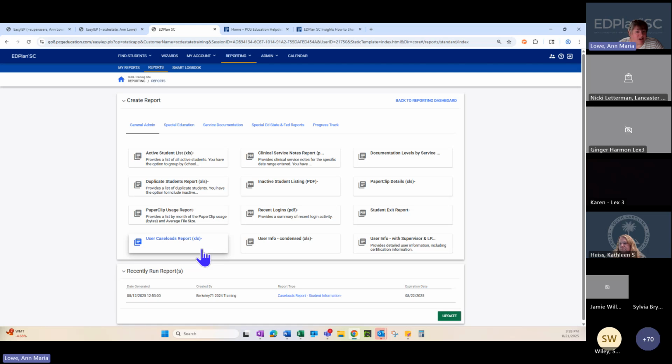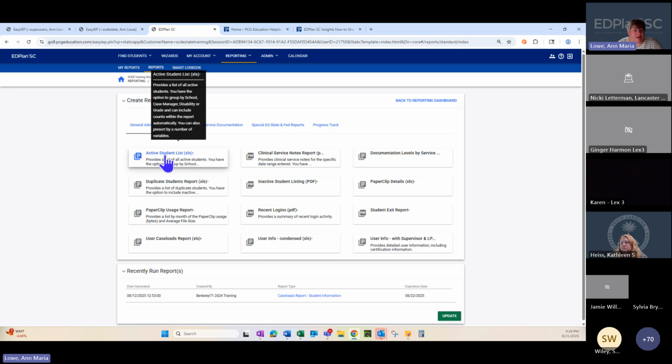Obviously, we've already looked at a few of these today. We've looked at the duplicate student report, we talked about inactive students. All of these reports are available to you. You can go in and play with them to see if you find them interesting. None of the reports affect anything. You can run the reports as many times as you want, and it's fine. It's okay to try them out.